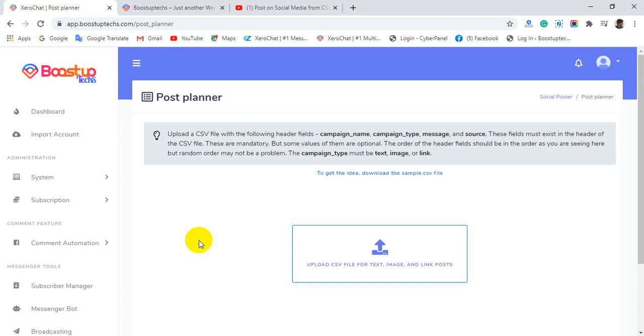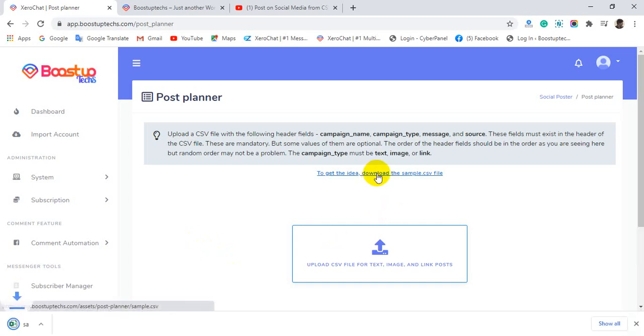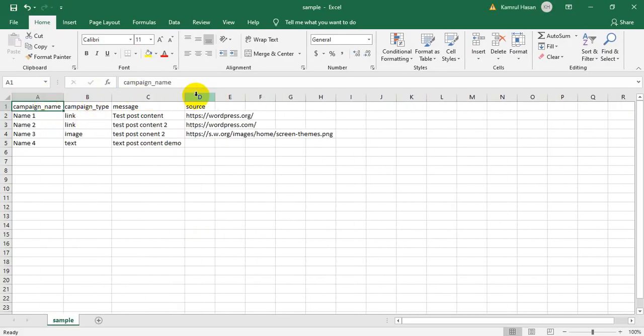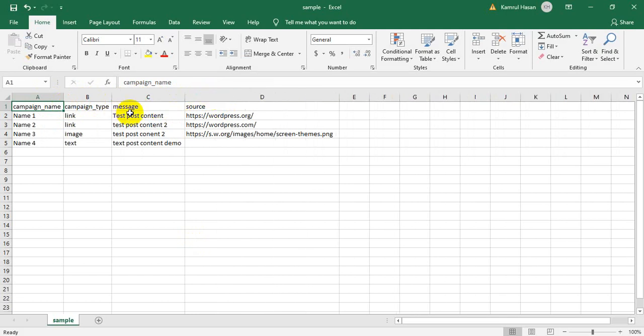To get an idea of how the CSV file will look, you can download the sample CSV file and check it. Here we have four headers: campaign name, campaign type, message and source.